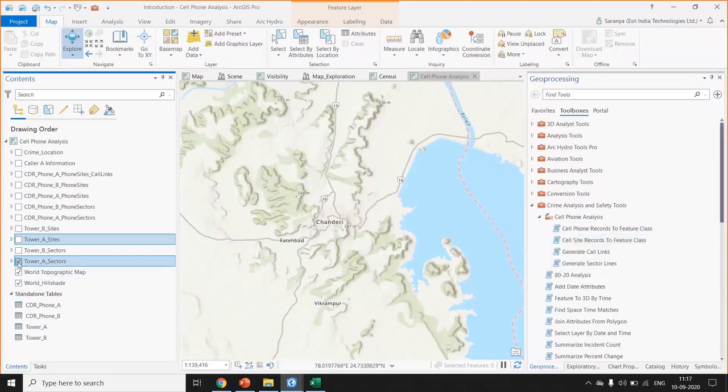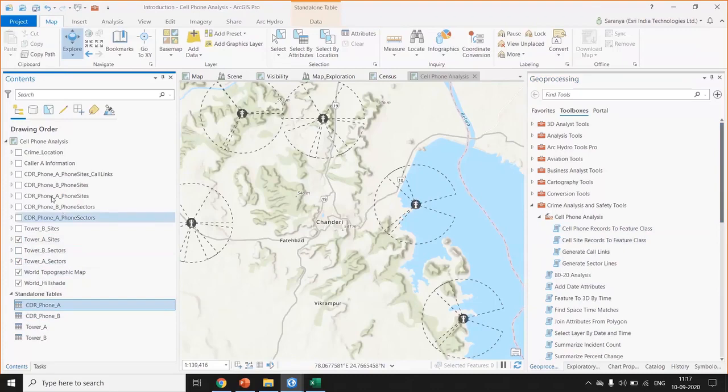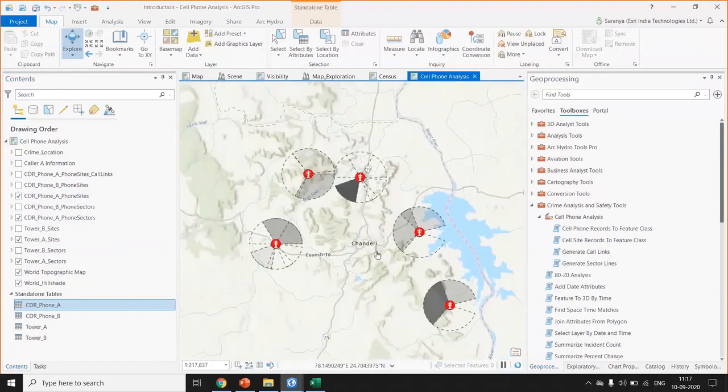So here I have my sectors and tower locations. Sectors are the regions where the signal is transmitted and received. And here I have the cell phone records of two persons. I can directly call their records here and visualize. A cell phone record of a person says very much about how they move about their daily life.